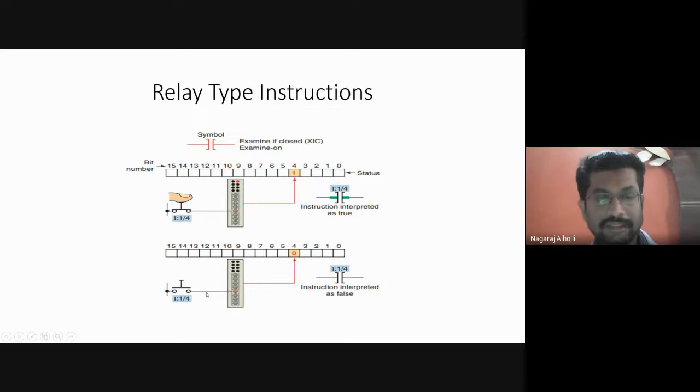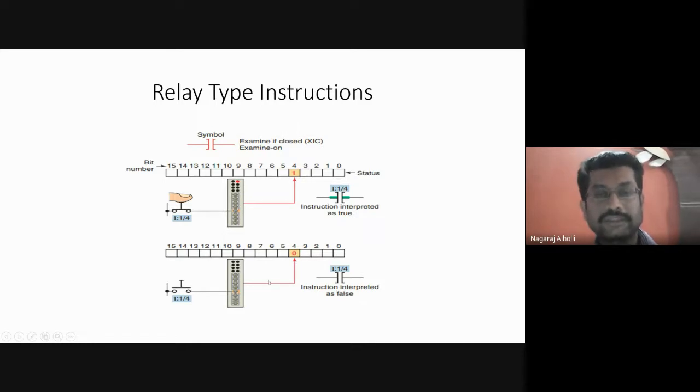The reason is, it is an open switch. The condition is false. There is no logical continuity or connectivity between the input and the output, and hence it is storing a 0 in that particular bit position. And here there is no green symbol, or we are not marking with the green coloring because it is a false condition. The instruction is interpreted as false.